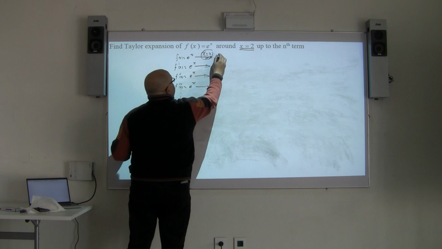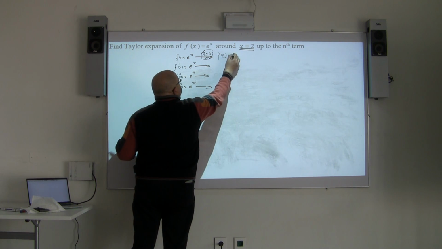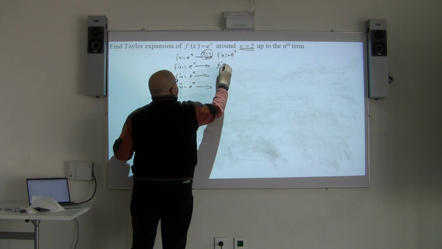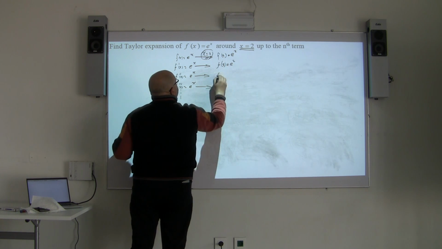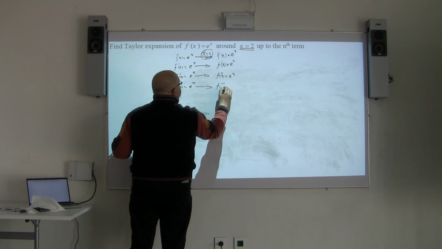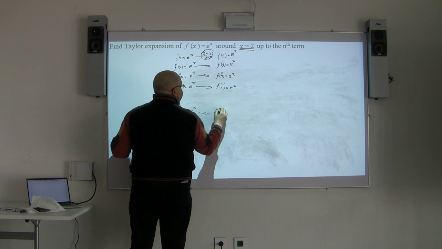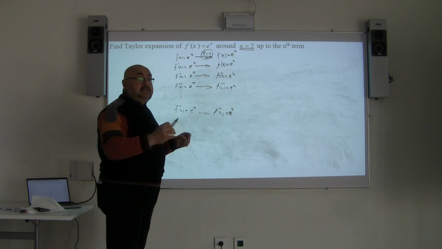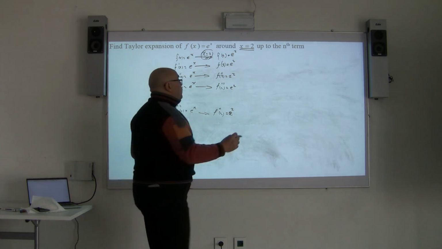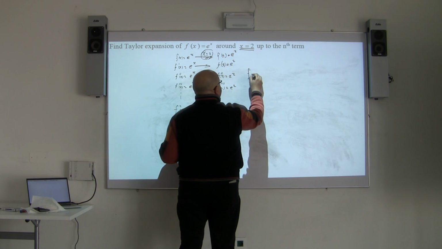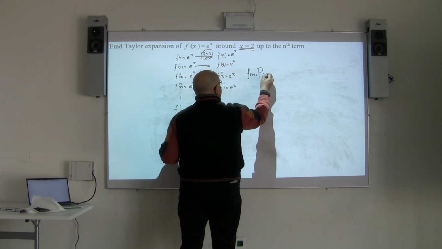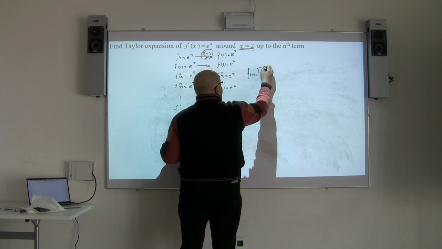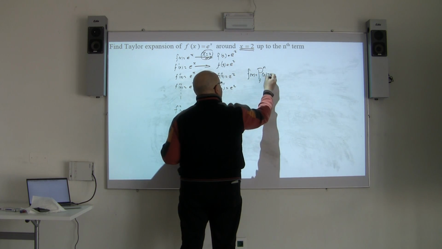Fill it in for me, Adam. f at 2 equals e to the power of 2. f dash at 2 equals what? f double dash at 2 equals e to the power of 2. f triple dash at 2 equals e to the power of 2. f n at 2 equals e to the power of 2. Right? The step after that is to apply the law. Do you remember the law, Adam? Let me write f of x, or write the polynomial of x of power n for the function f equal to: